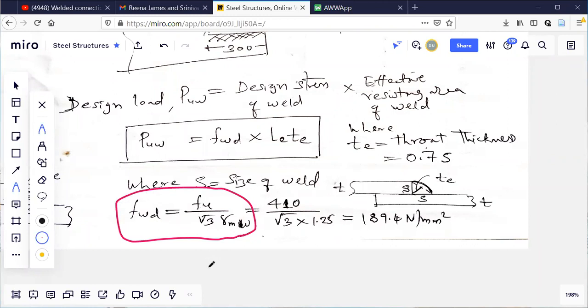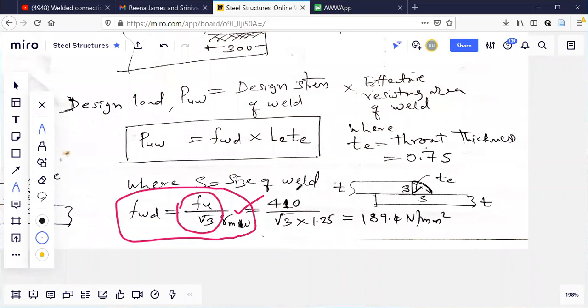So to bring it to the permissible limit, Fu by root 3 is the ultimate weld strength, which is again divided by the partial safety factor, gamma MW.